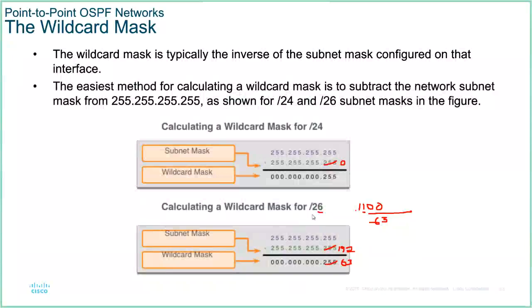So the next example was a /26, which is 255.255.255.192, and you subtract that and you end up with 0.0.0.63. Alright, so